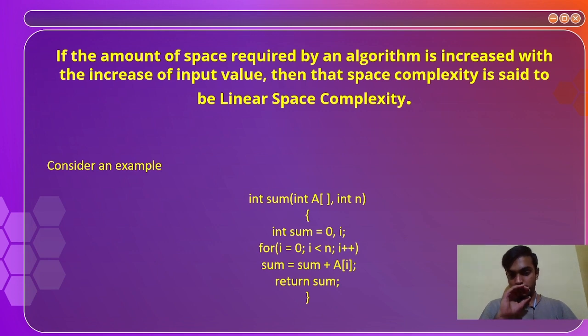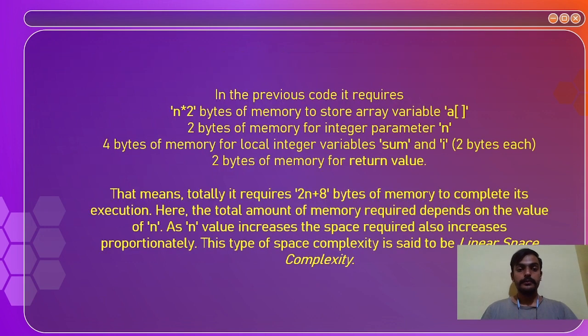Sorry, but when it comes to a loop, we'll be storing values in the stack during the execution time for every iteration. So the space occupied by this statement will be known as linear space complexity. In the previous code, it requires n into 2 bytes of memory to store variable a,